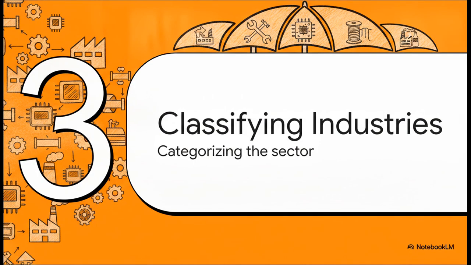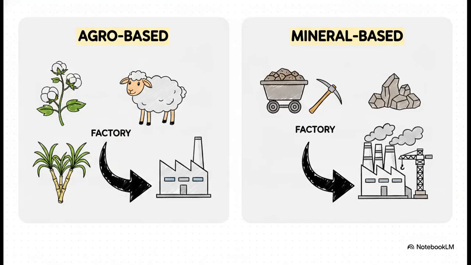Okay. Section 3, classifying our industries. Industry is a huge umbrella term, so we need to break it down. The first way we categorize these places is by what raw materials they use. Basically, do you grow it or do you mine it? If an industry uses things like cotton, wool, jute, or sugarcane, it's agro-based. Pretty straightforward. But if it relies on digging up iron ore, smelting aluminum, or mixing cement, then it falls firmly